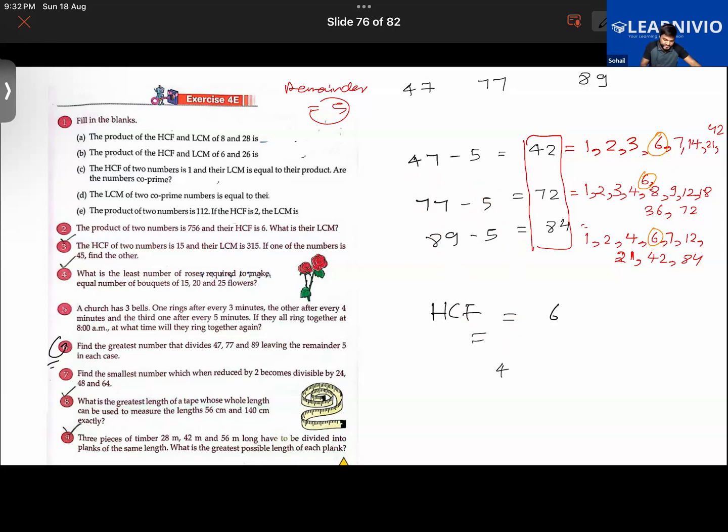Like 47 when divided by 6: 6 sevens are 42, remainder is 5. Or 77 again divided by 6: 6 ones are 6, 6 twos